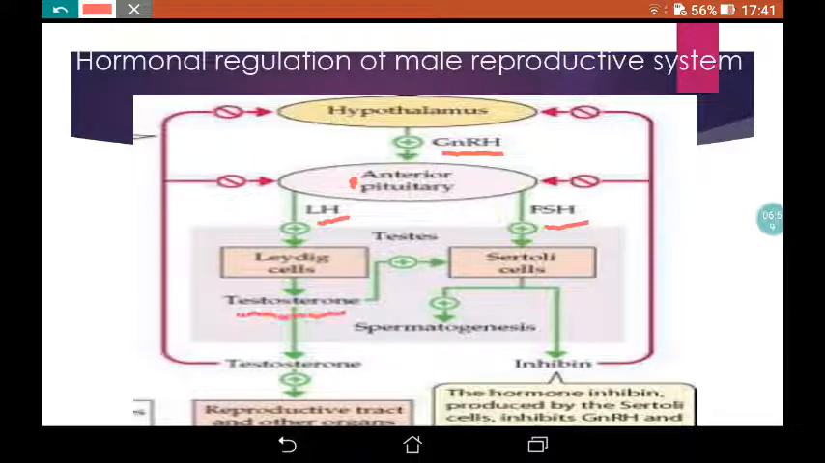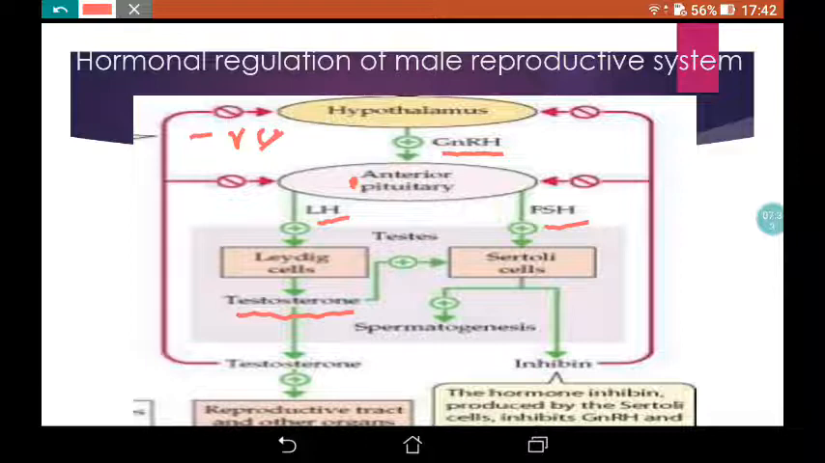This is the testosterone. Okay, so this Leydig cell releases testosterone, and what is the function of this testosterone? It helps in spermatogenesis, means formation and maturation of the spermatozoa, as well as it helps in the development of secondary sexual character in case of male. Clear? Now, but when excess amount of testosterone is being produced, then it also negatively